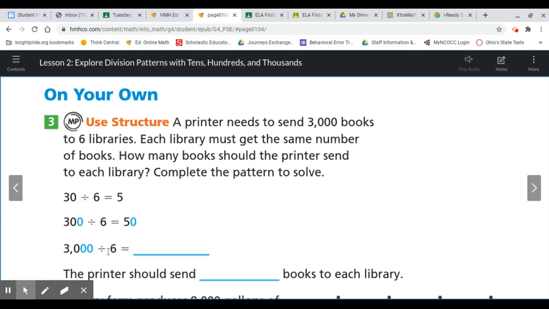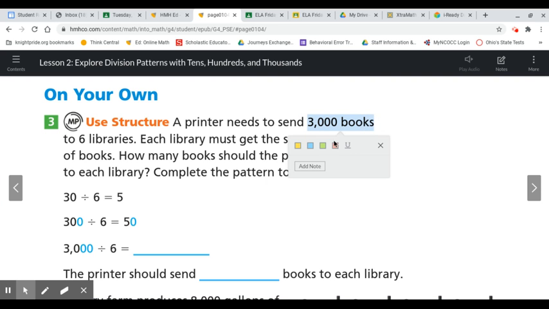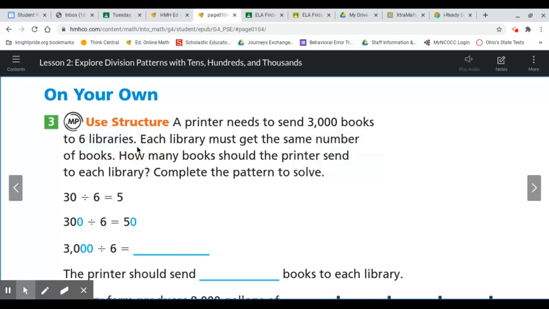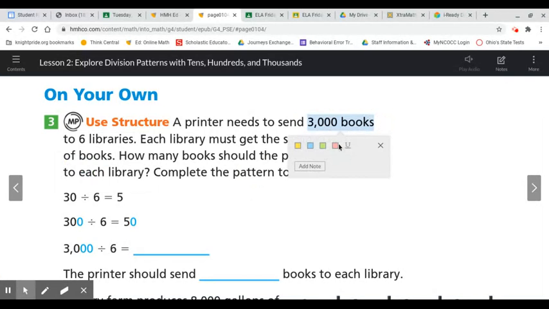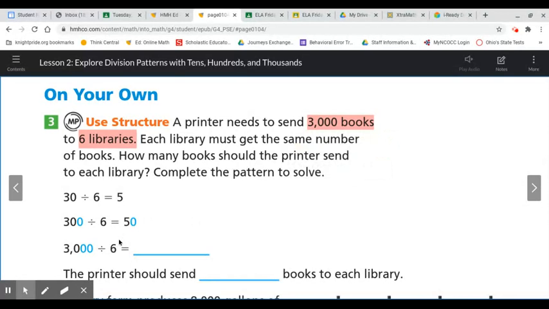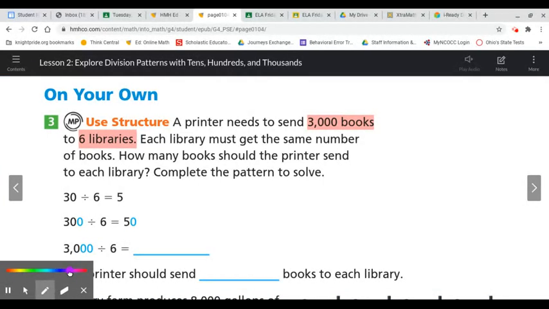I'm going to highlight some information in the problem that we need. We need to know that there are 3,000 books, and we also need to know that those 3,000 books are going to 6 libraries. So I'm going to highlight that to make it pop up, to be able to see the information I need to solve. So 3,000 books divided between the 6 libraries. If you look down here, the 3,000 divided by 6, that is the equation that we're going to need to